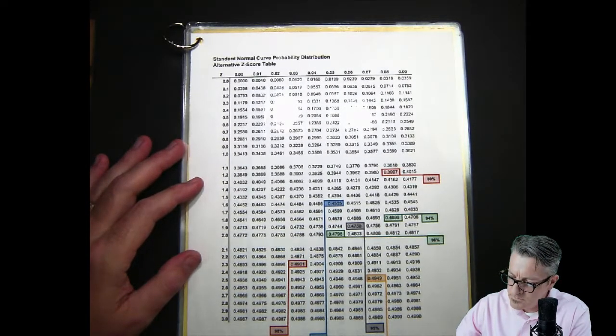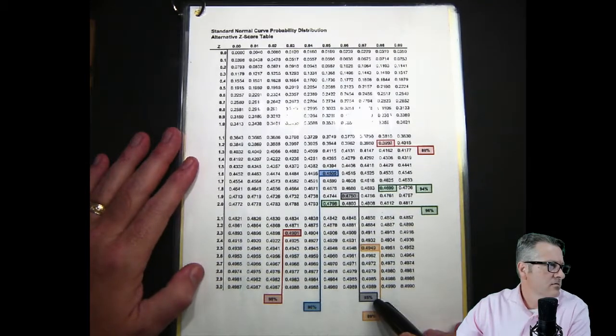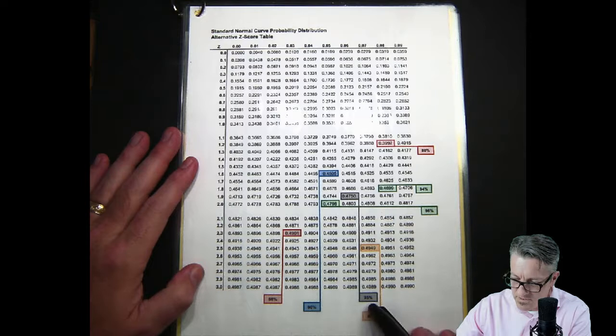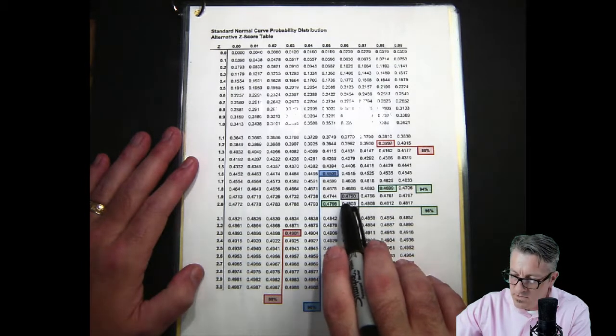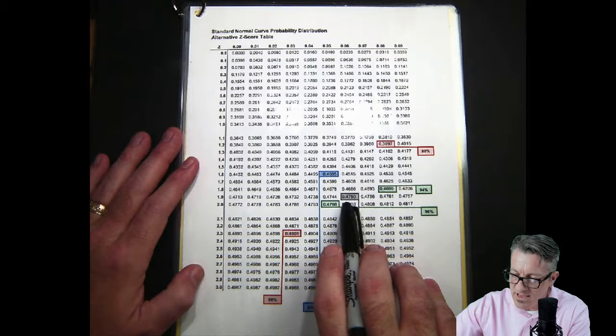So we go to the 95 value here. I've written in the colored parts, 95%, and we end up getting this value right here. Now this is the area under the curve for one side. We're not concerned with that in this problem.